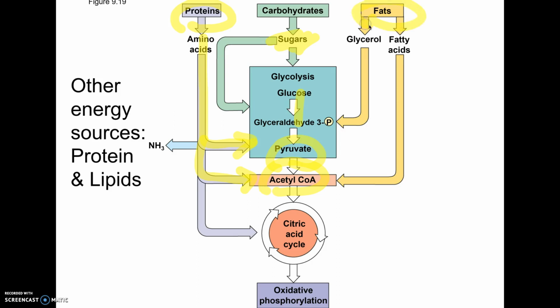And you can break down fats. Fats are made of fatty acid and glycerol. Glycerol will go right into glycolysis in one of the steps, and the fatty acids will enter right here as acetyl-CoA that enters the citric acid cycle. So you can use other sources to make ATP, but glucose is the main one that your body's using. That's what's floating in your blood right now that your cells are using mainly, and that's why we